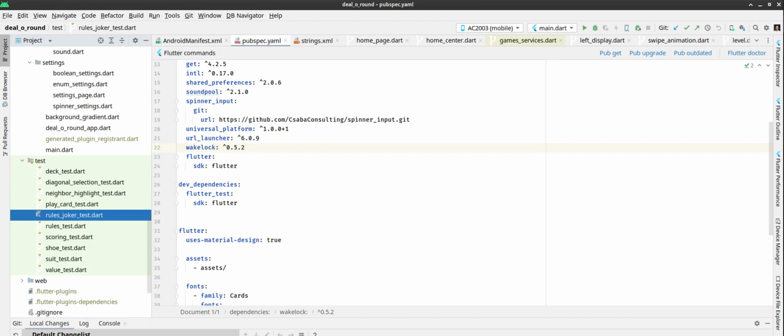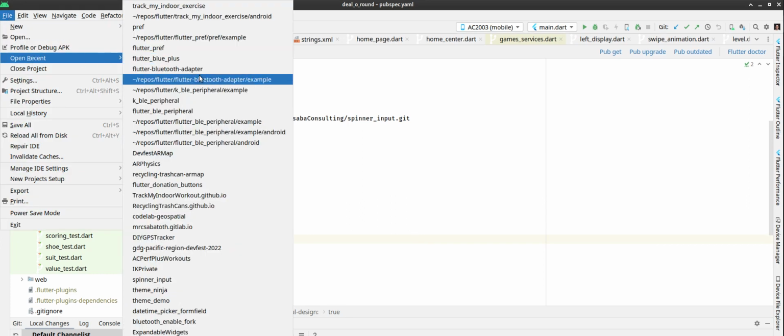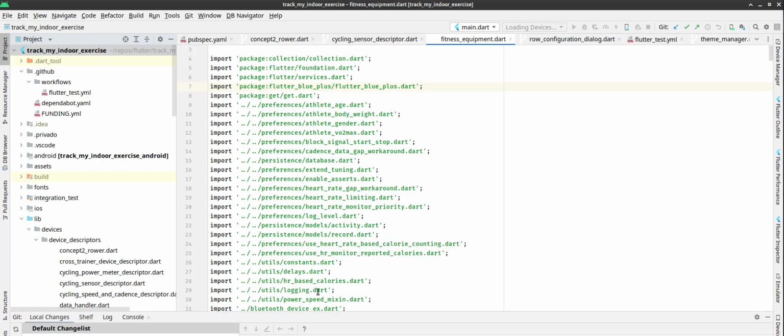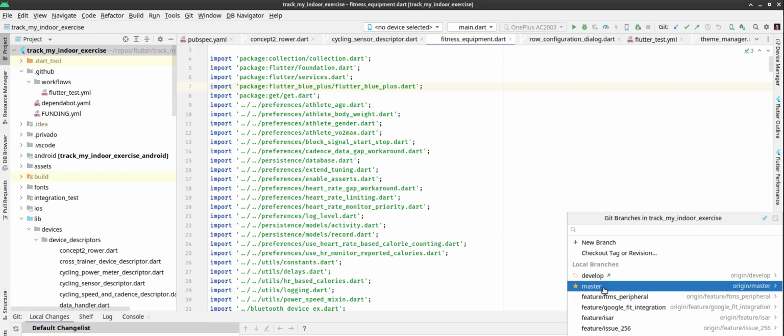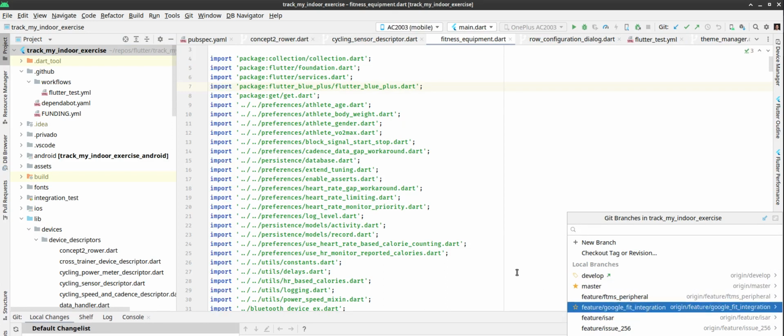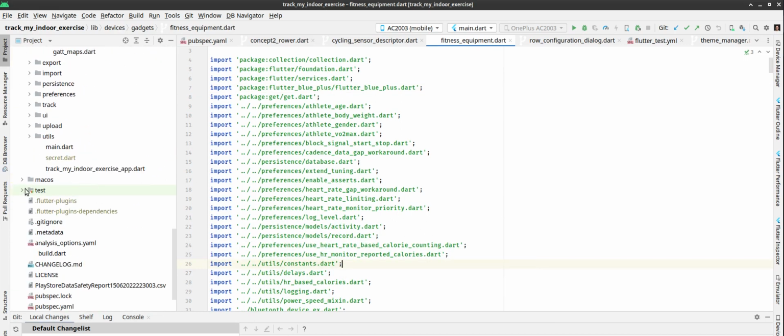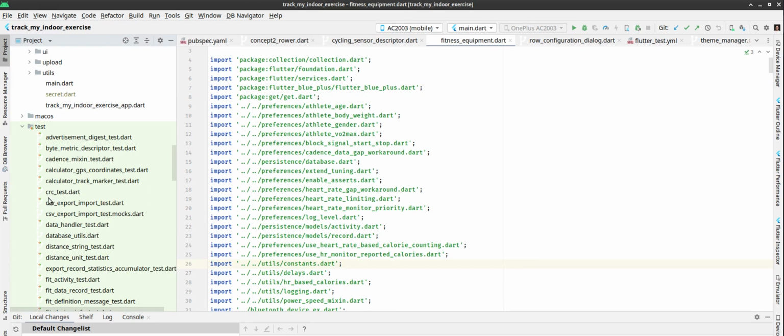And actually I am on the master branch here, and in the other project I am following a Git flow style development. So I'm on develop by default, and I have feature branches and stuff like that. So I guess we're going to see the same thing here, although I'm not sure why